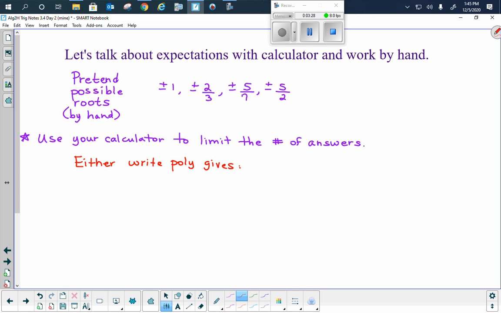It might say plus or minus 1, and then plus or minus 2.5, because 5/2 is 2.5. But if it says a decimal that goes on, or it says something about I or whatever, I'm just going to ignore those. I'm just going to use the nice ones from Poly. I might say Poly gives x equals 2/3, so 0.6 repeating, and negative 5/2. And then show the rest of the work